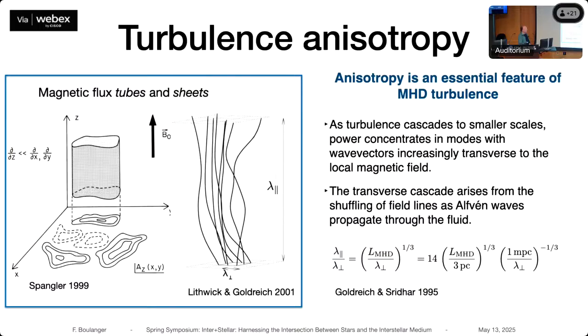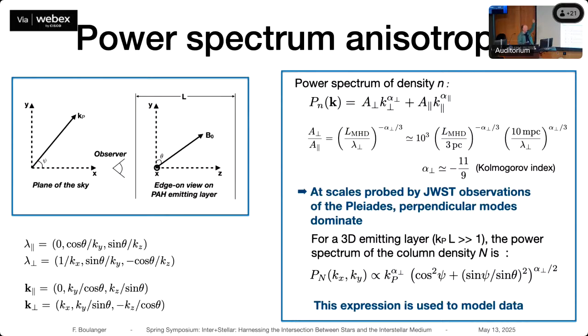And if you assume that the turbulence is driven by the interaction of the stars of the Pleiades cluster with the ISM, this driving scale must be about 3 parsec, and it might be larger if the turbulence is driven on larger scales, but you get very high ratios. So we are at a scale of about a milliparsec, where the eddies should indeed be very elongated. So the next step is that we would like to use this framework of anisotropy to